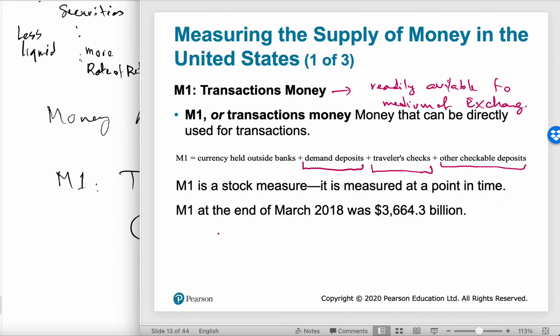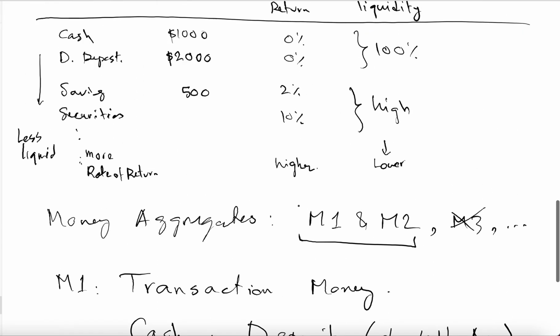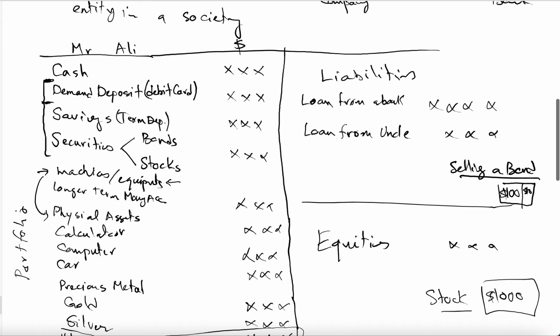So it is as if we are considering the balance sheet of all firms, and then we add them up and say that this is the M1 in the United States. It's $3.6 trillion in March 2008. So we are summing up only this part of everyone's assets, the M1 type